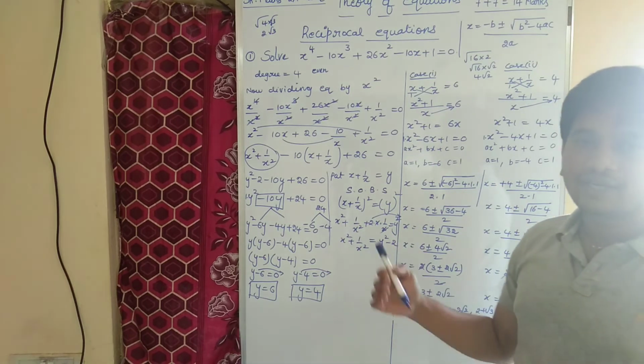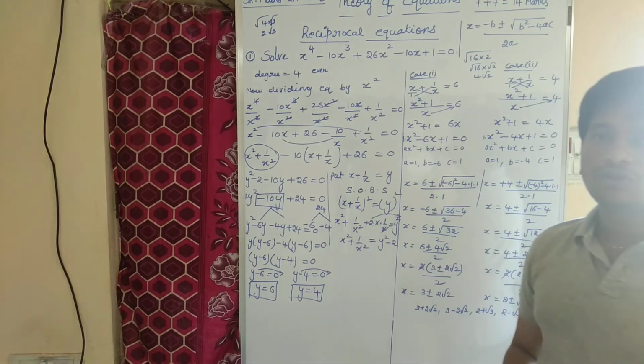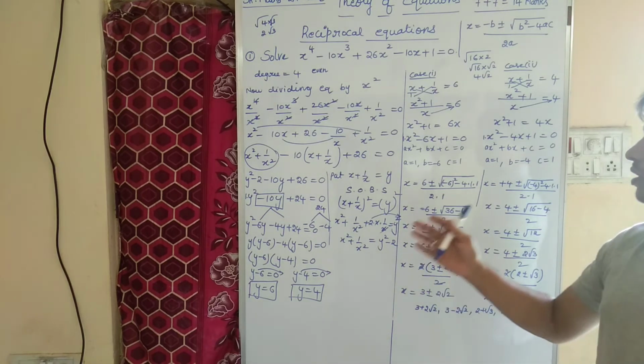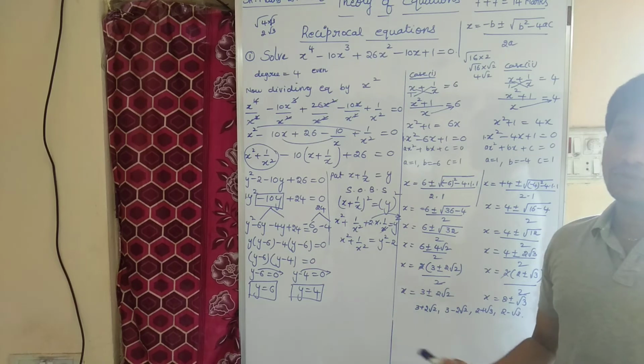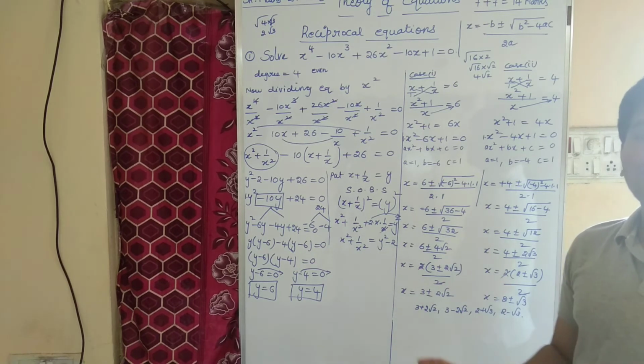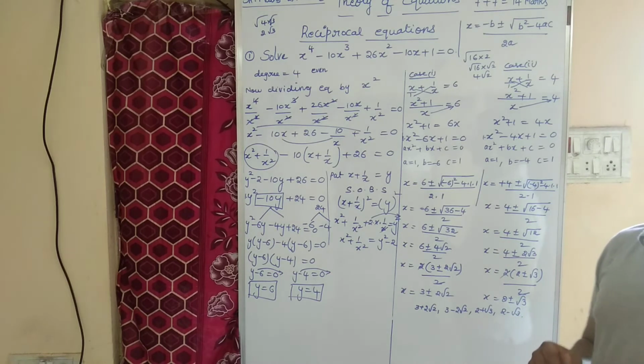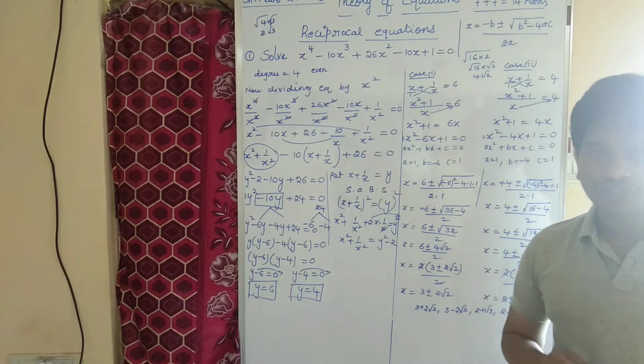Once you practice, you will get it easily. Everything is addition, subtraction, factorization, that's all. There are no difficult concepts over there. You will get a 7 mark question, and if you practice once or twice, you will get the 7 marks easily. So this is our first question, children.